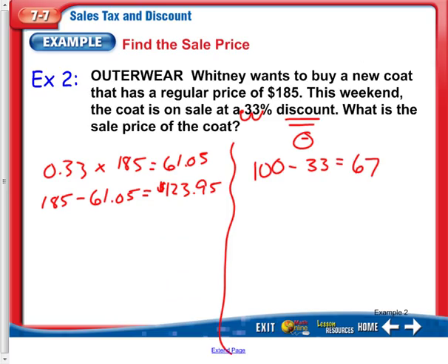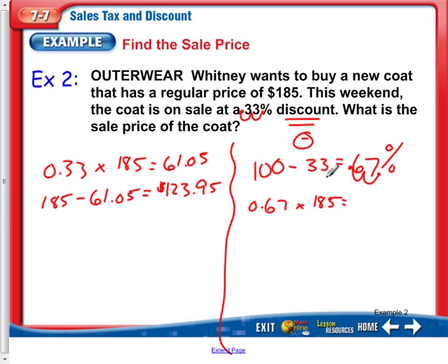Okay, so essentially what we're going to do is we are going to pay 67% of the total price. So sometimes it's a little bit easier doing it this way because you don't have to deal with so many decimals here and the extra 0.05 cents. Now we're going to have to take this and put it into a decimal form. So we're going to do 0.67 times the total price. So what this means is we're going to pay 67% of the price